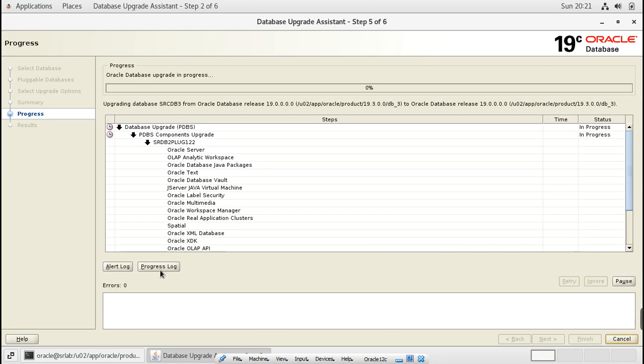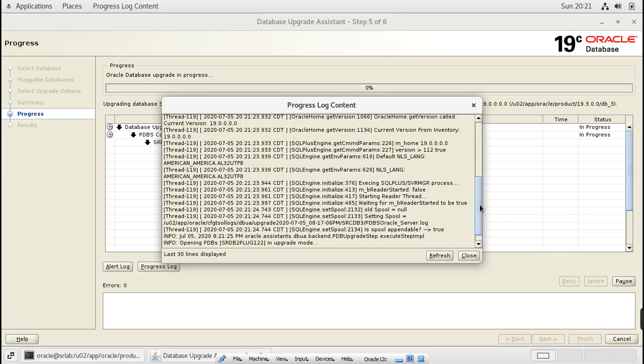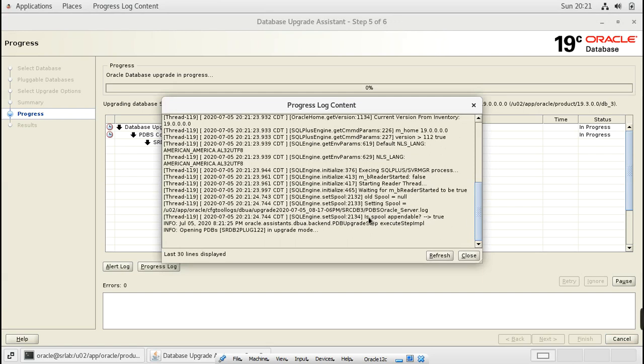So these are all the phases to be completed. Let's go for that log location. This is the log location.